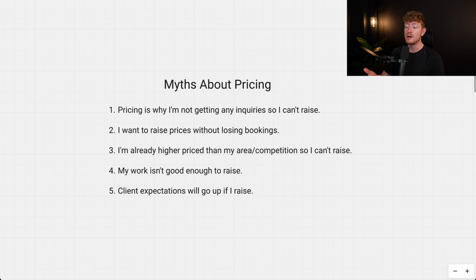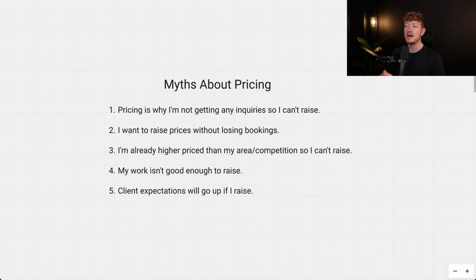Now, where competition does matter when it comes to pricing is to see how high your market can support. Because if there's a photographer in your area that's charging 10K and they're fully booked and they're all shooting within your area only, that's a pretty good indication that your area can support a higher price point. But if most of your competition is at 2K and they're fairly booked out, that's fine, but don't think that you're only limited to 2K because 2K is actually the average, but we'll get to that.